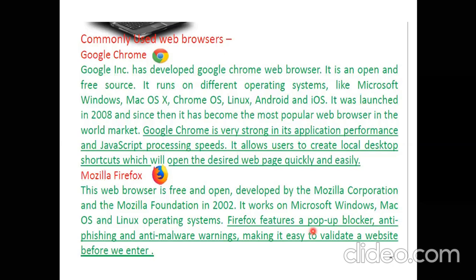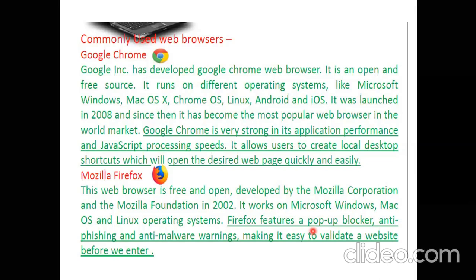Anti-malware warnings: whenever you open a website that has many viruses, it automatically starts downloading. Messages start coming up saying click on this, download this, and if you click, you move to some other web pages which are not actually required. That is what anti-malware does. It warns you before installing any software, or even before getting a software downloaded, that it is not safe to download. Then it is up to you whether you want to keep it or not. So these are some of the special features provided by Mozilla Firefox.